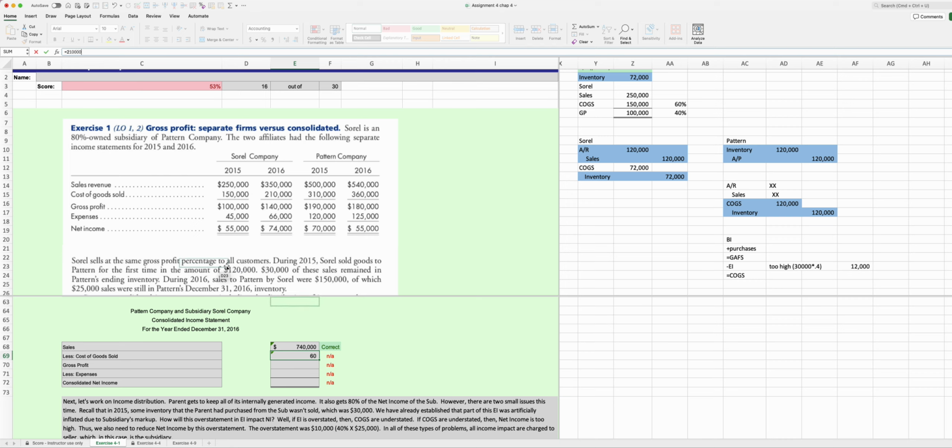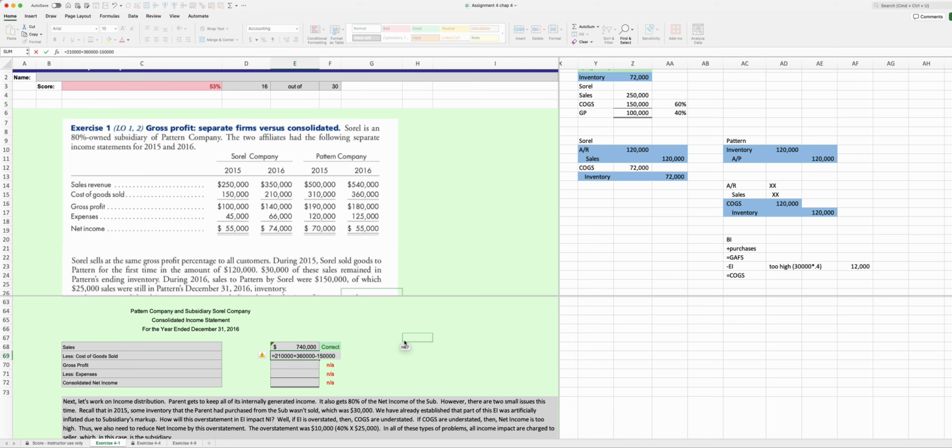Why this is not updating is beyond me. Okay, so $210,000, and 2016 cost of goods sold for Pattern are $360,000, and we're going to eliminate the intercompany cost of goods sold, which is the entirety of that $150,000